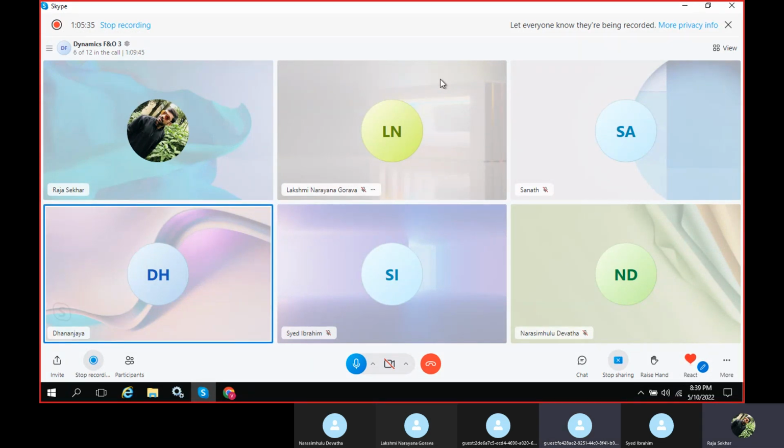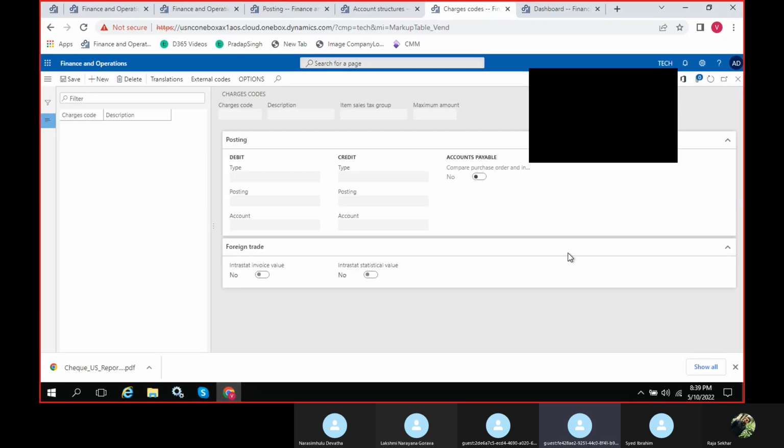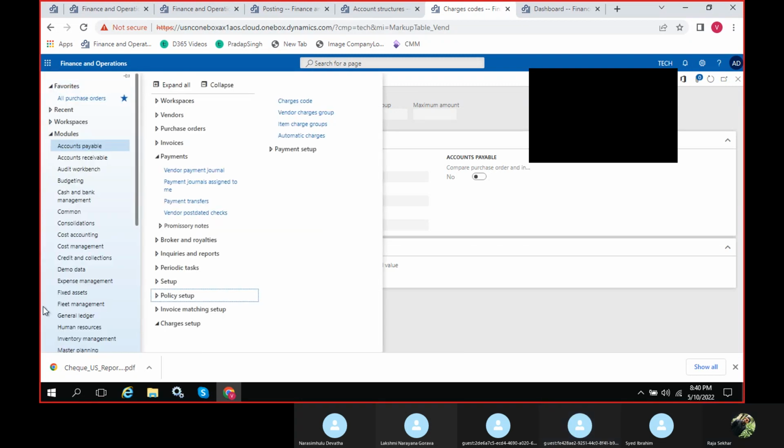Rajshekar, I have a doubt regarding the check. Normally there will be different kinds of crossing, right? Like account pay checks, blank checks. Can we set up those here as well? What kind of checks do you want? Just blank checks? We have seen blank checks; we have created some blank checks here, right?